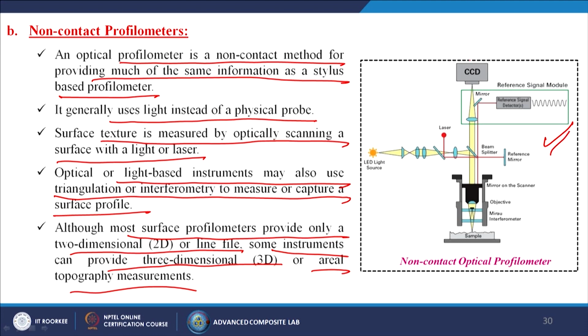So, we have the camera and then the sample over there, and we have the objectives, mirror, scanner and LED light source. We put the light onto the sample itself and it is reflected back, and after that we get some kind of measured signal, that is the waviness of your surface.